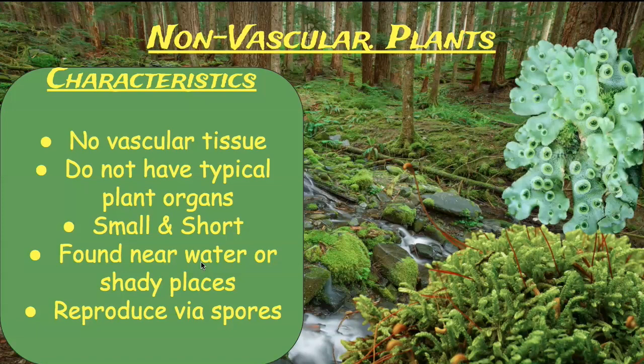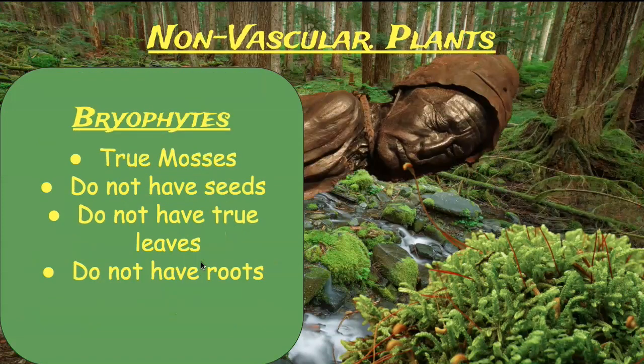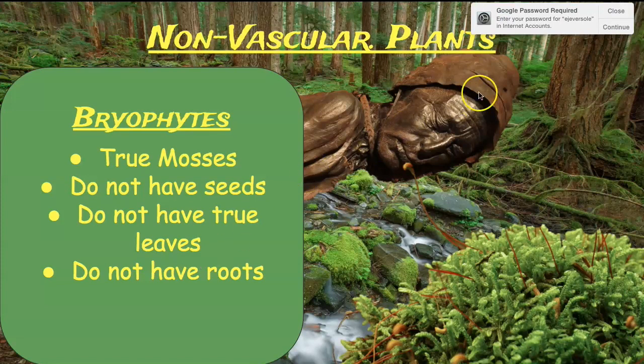So again, what are non-vascular plants? They're what we call the true mosses. So these true mosses, these bryophytes and your liverworts, they don't have general plant organs, or what we think of as being the plant tissues, like seeds or leaves or roots or even stems, because all those plant organs are made with vascular tissue. And so the fact that we don't have that vascular tissue in these plants, they're not going to be able to grow those.